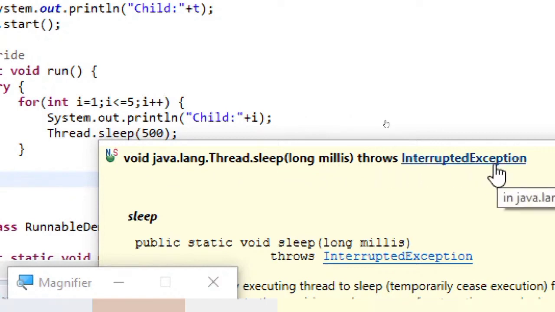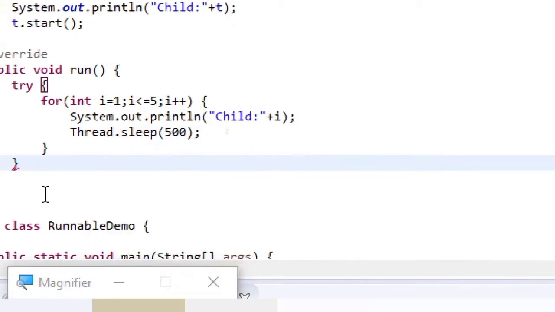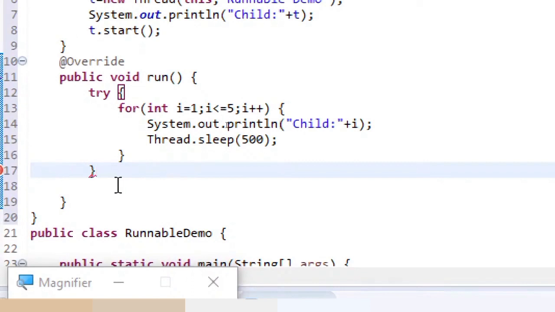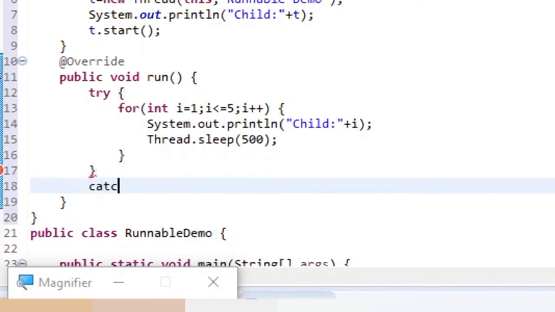Since I am calling this sleep method, it's my responsibility to catch this exception, that is InterruptedException. For that reason I have written this try, and now I am going to handle that